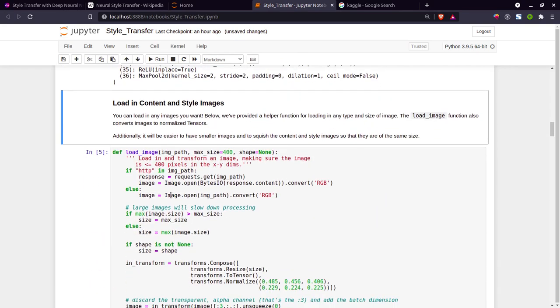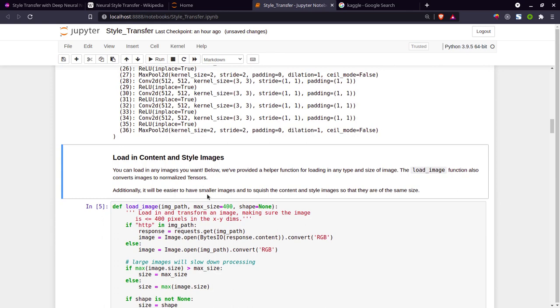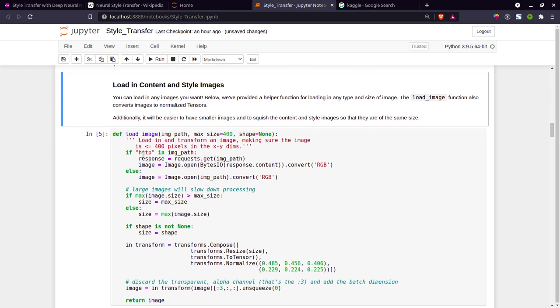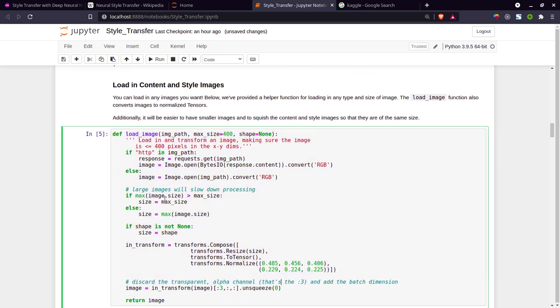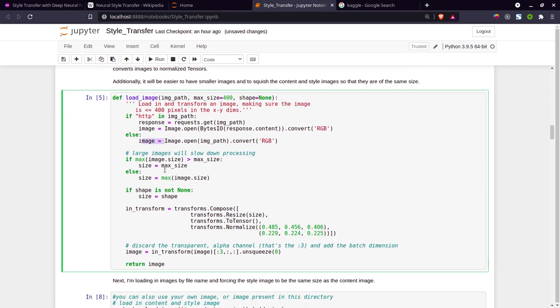So our next step is to get some helper functions. Helper functions are the utility functions that may be used in our intermediate process. So the first helper function is load image. This will load an image from the path if you have a locally available image, and if you put an internet image, it will download that image from the internet. And if you pass the local path, then it will take the image from local.